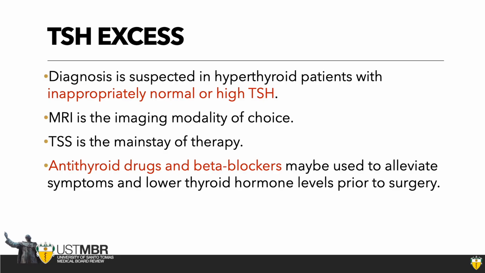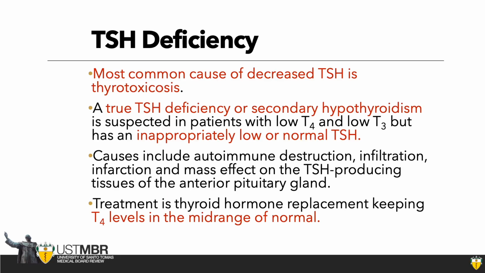While waiting for surgery to happen, you can give anti-thyroid drugs and beta blockers to temporize the excess thyroid hormone production. A low TSH, on the other hand, if you see this, the most common cause is primary hyperthyroidism, like Graves' disease. And